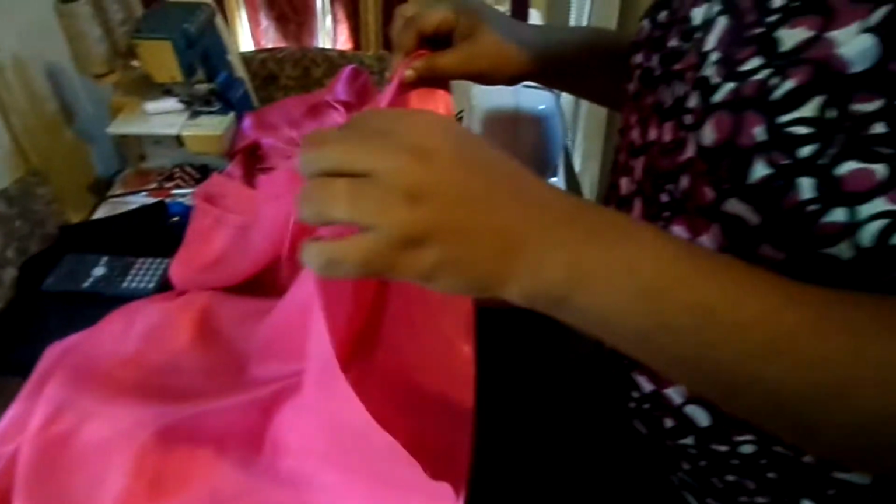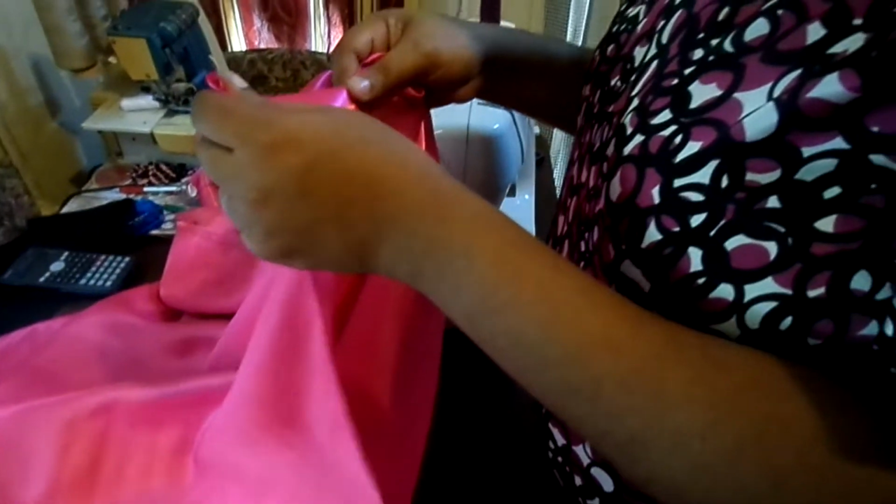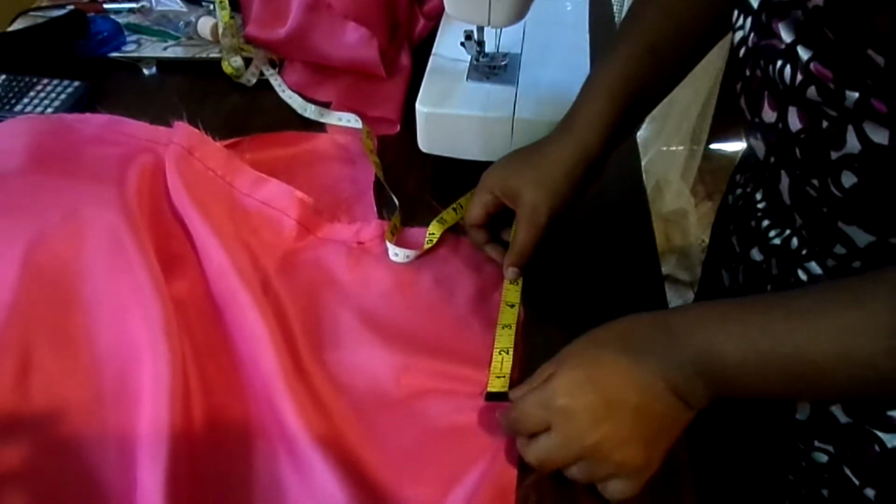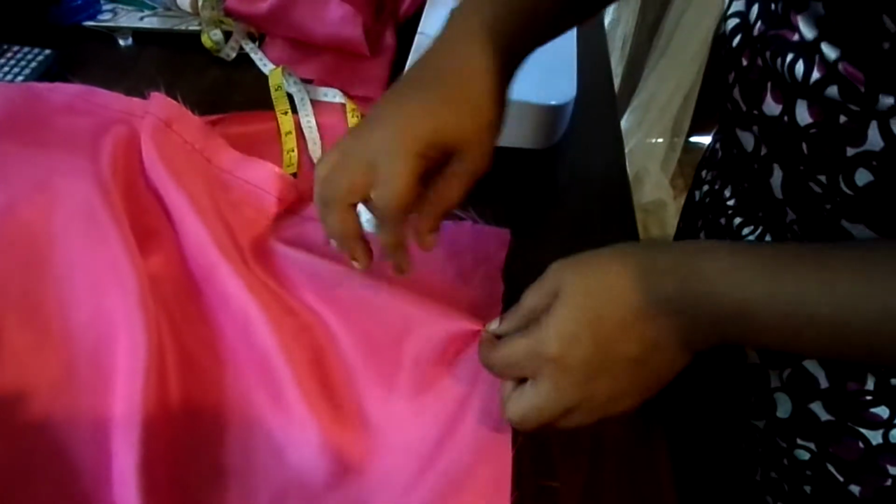Okay, so let's do our pleats. I didn't put any zip because there's no need for a zip. They just need enough space for you to slip this on, okay? So we're gonna start measuring your first 5 inches. You open this here, give yourself a little room, and you pinch from where your 5-inch reach,